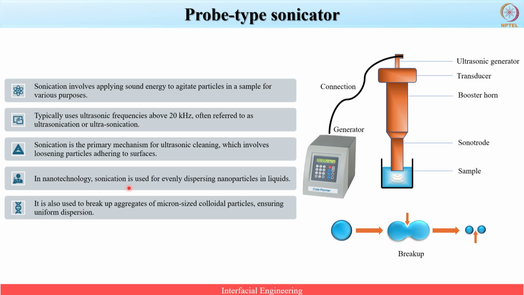In emulsions, probe-type sonicators are particularly effective by applying sound energy. They help break droplets during the early stage of emulsification, creating smaller droplets compared to those produced by a homogenizer. The advantage of producing smaller droplet size has been demonstrated through multiple research studies comparing the probe-type sonicator with the homogenizer.